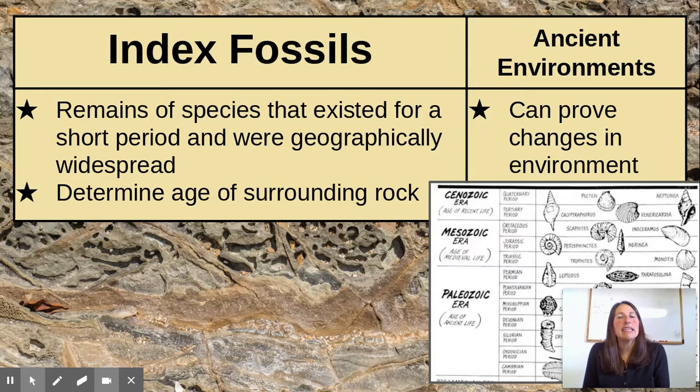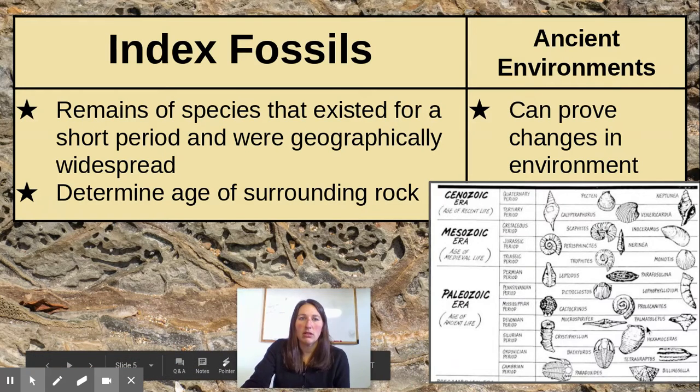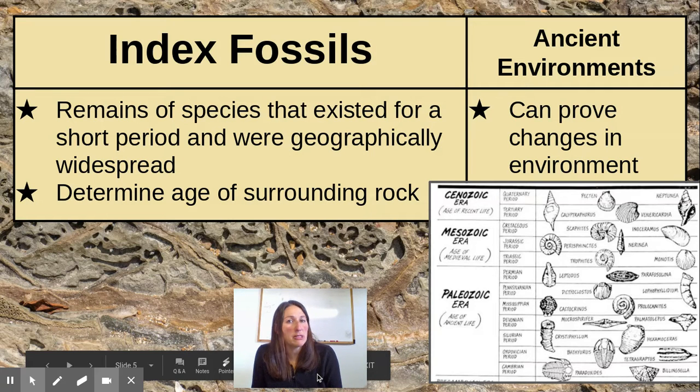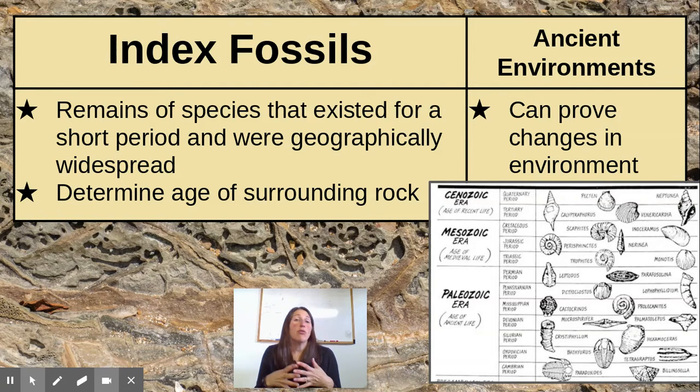Last thing here would be index fossils. Index fossils can be really, really helpful. They're going to be remains of species that existed. They may have only lived for a short period of time, but they were geographically widespread. So they weren't just in one little state in the United States, they were really widespread. And if you can use that information, you can find the age of surrounding rocks,